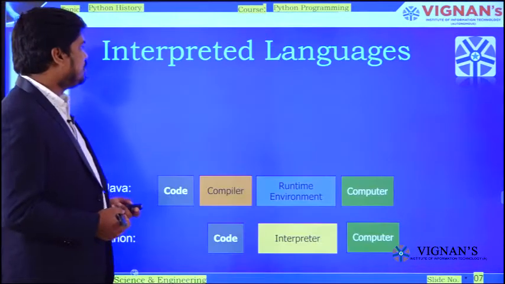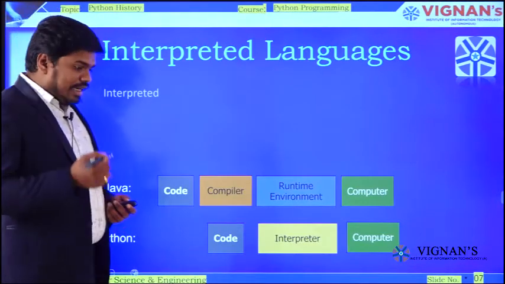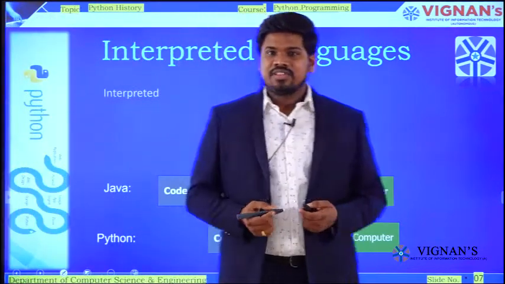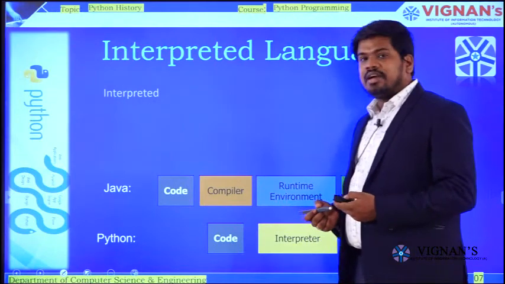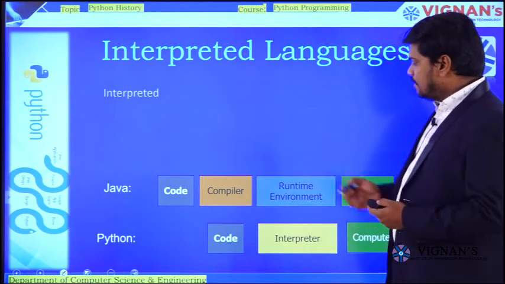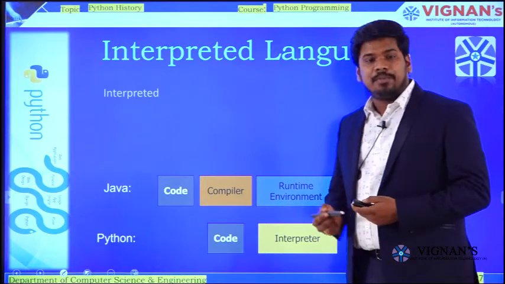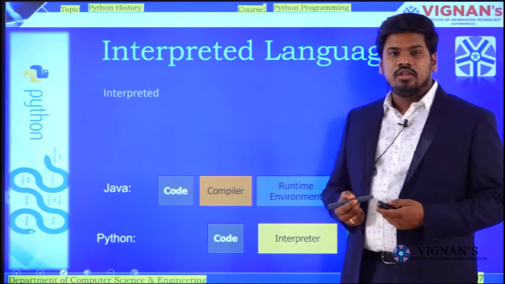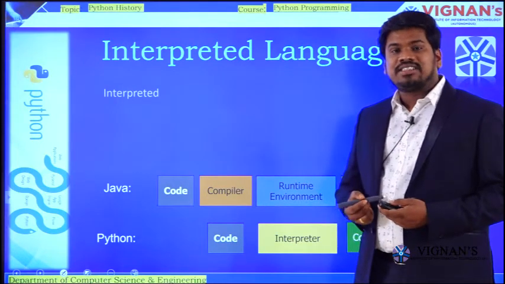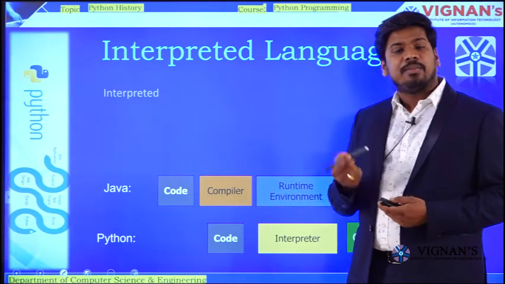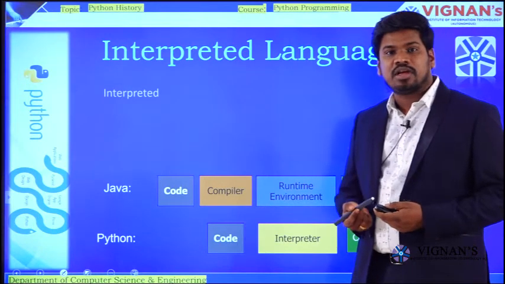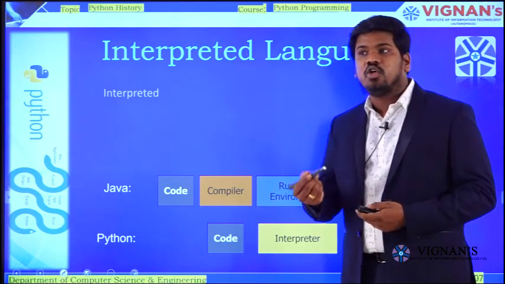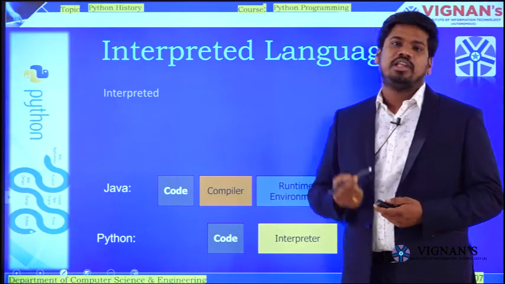And coming to the next one, what is an interpreted language? You have to know what an interpreted language is. Take C and C++, for example: I have to compile my program. After compilation, machine dependent code is generated for my C or C++ program, and that machine dependent code will work on that system only.